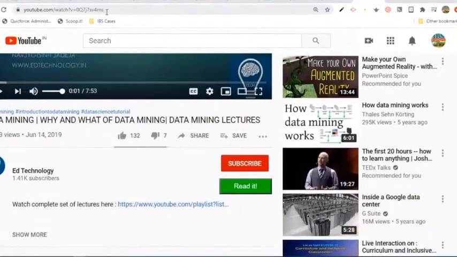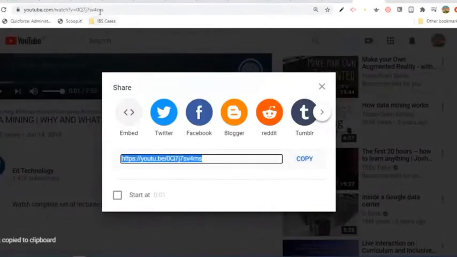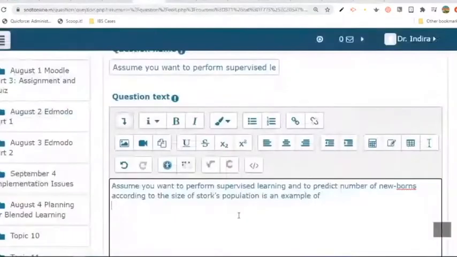Don't use the URL here. On YouTube, always just below the title you have this share option. Click on this and there is a copy option. Copy this URL and come back to your course page. Place your cursor wherever you would like to embed it. We have this on the editor toolbar.